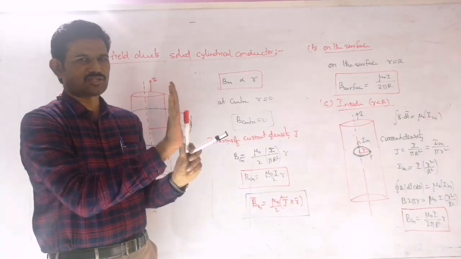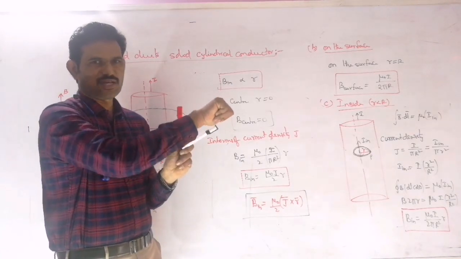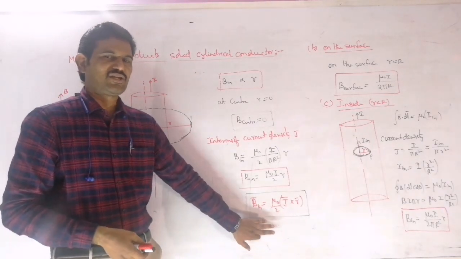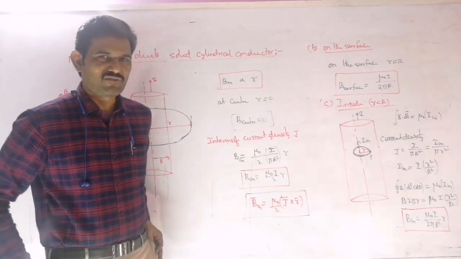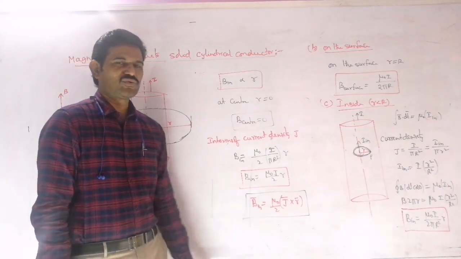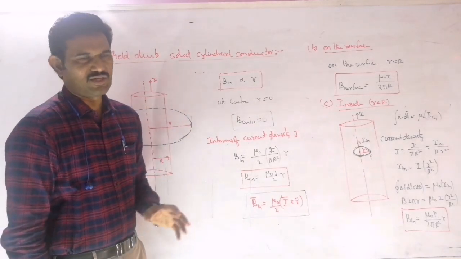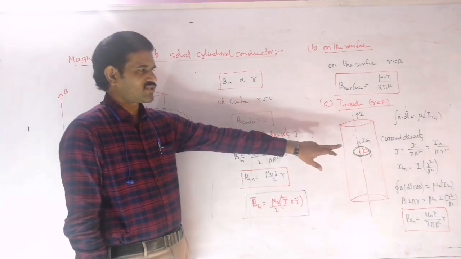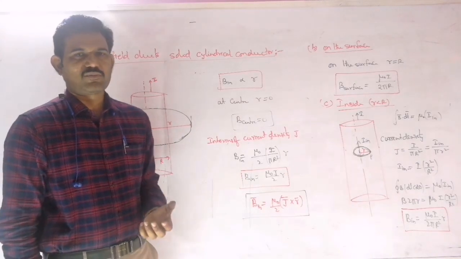J bar cross r bar gives the direction of this magnetic field. So remember this expression also, the magnetic field in terms of the current density vector, since in some derivations, like cavity problems especially, we will use this form. Using this form, you can solve cavity problems very easily. I will explain those cavity problems, and also variable current density, in our next class.